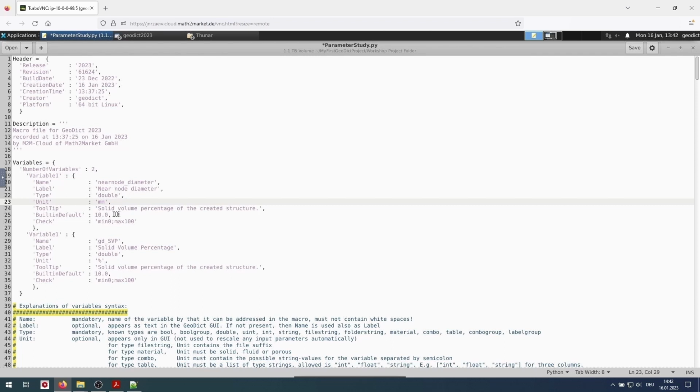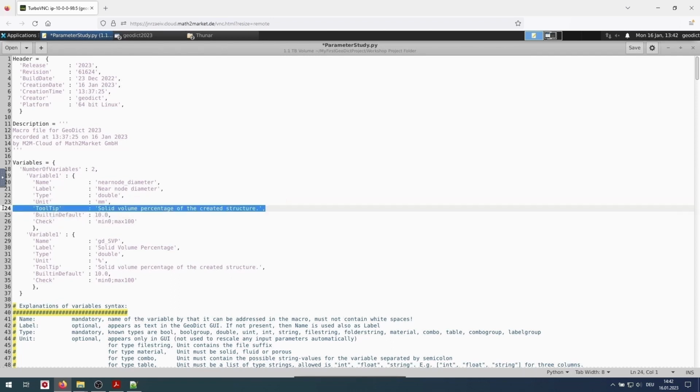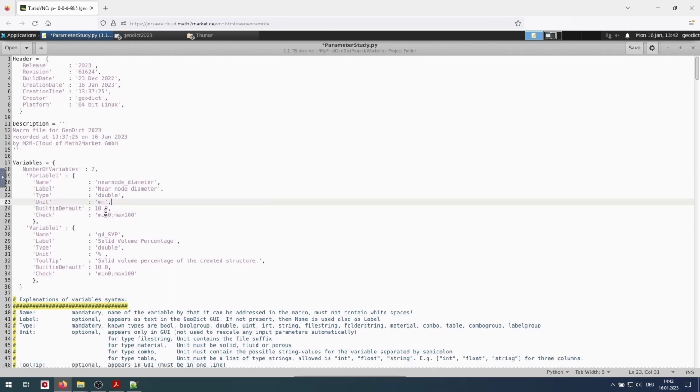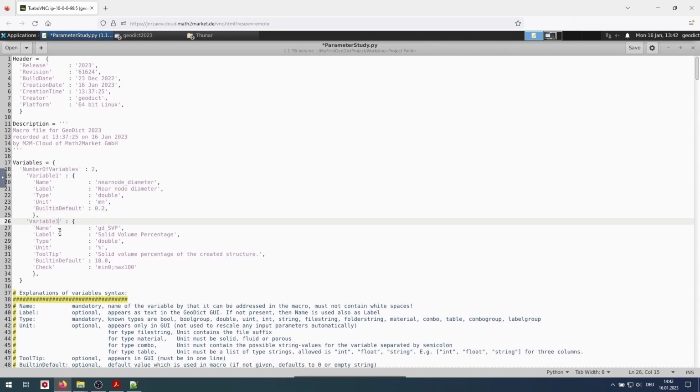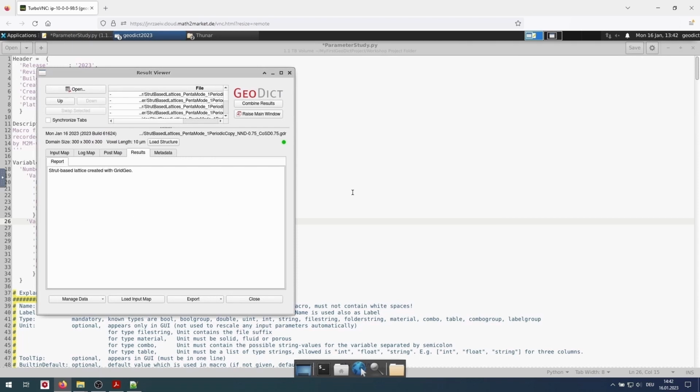For this case, we do not need a tooltip. As built-in default, we select 0.2, and we also do not need a check. Now we need to change this 1 to a 2. It seems the parameter study just finished.